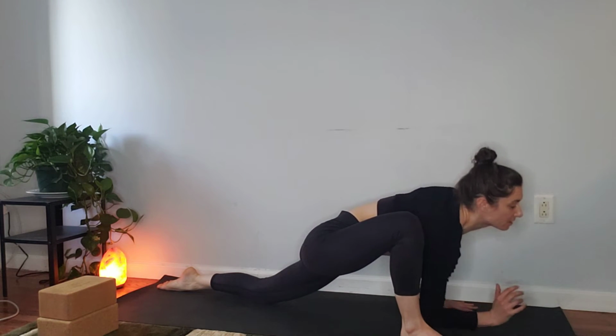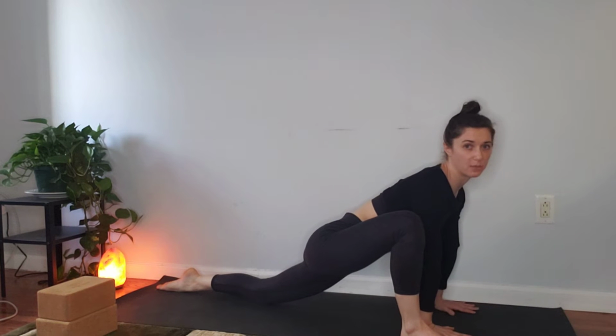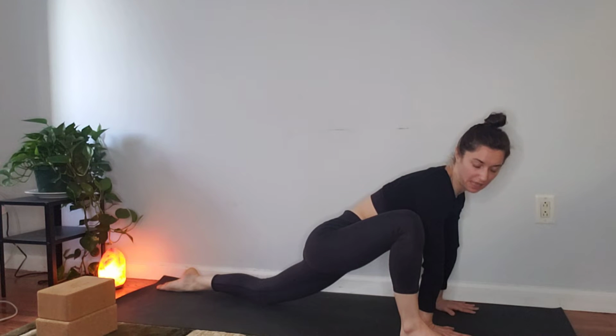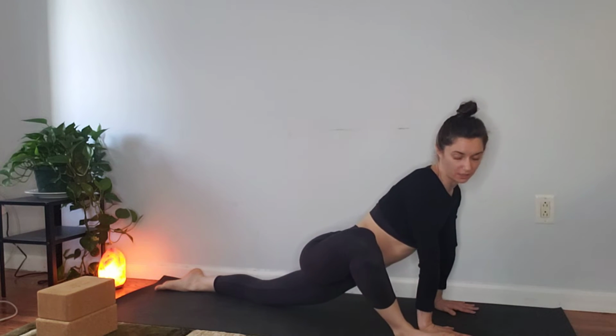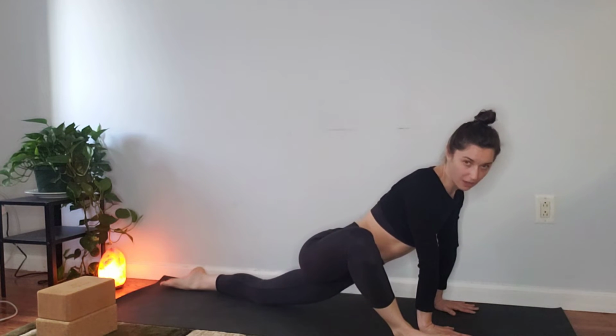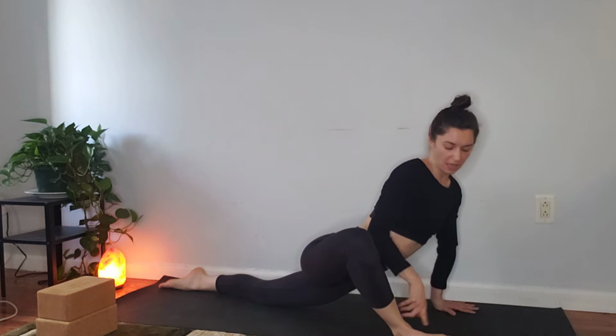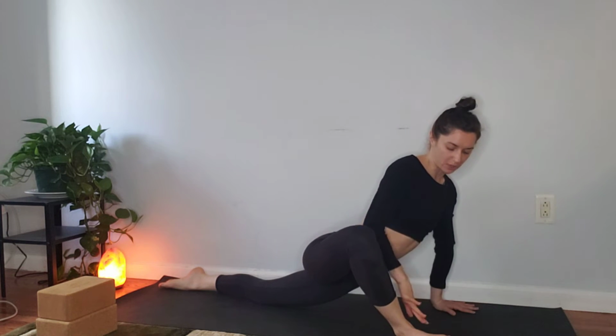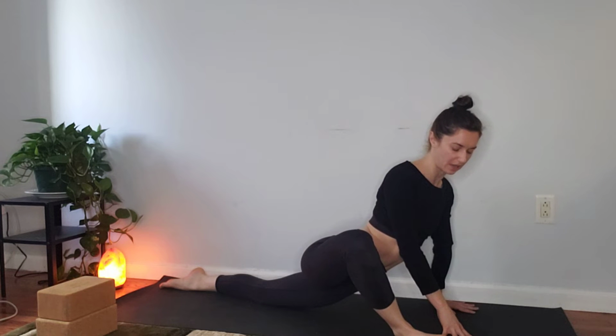You can also lower down to the forearms, or you can place whatever you like on your blocks if that makes the shape more accessible. For our purposes today, rather than squeezing the thigh into the midline, I'll encourage you to find a wider lizard, letting the knee move out. Just make sure that your ankle moves out with it. You're still looking for that 90-degree angle between ankle, knee, and hip as you heavy the hips down to the floor. As you heavy the hips,